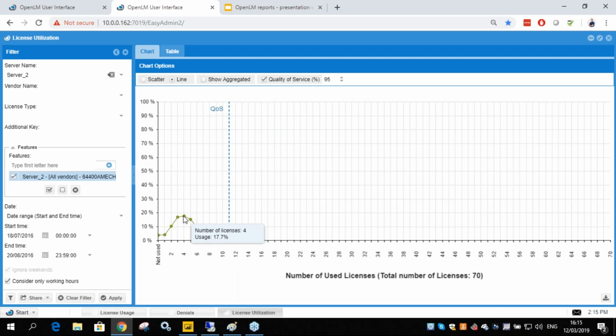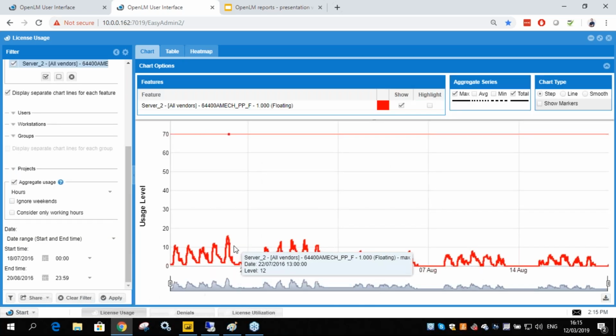It's not used well at all. It's really low. Next time you can buy like, I don't know, 16 licenses, get this over with. You don't need so many licenses. Okay, this is pretty easy. But